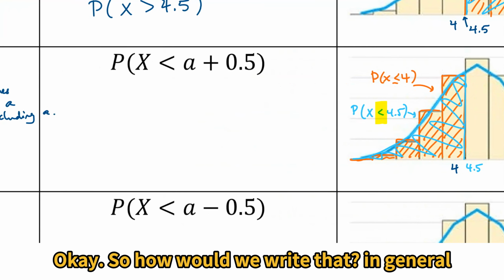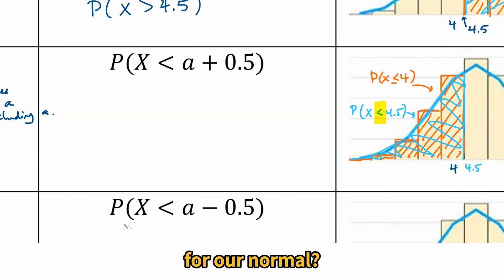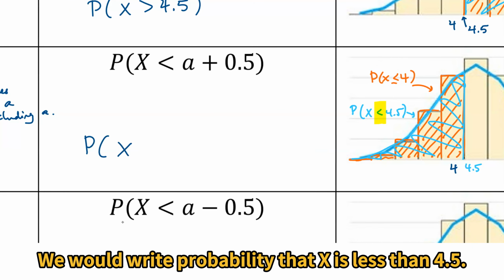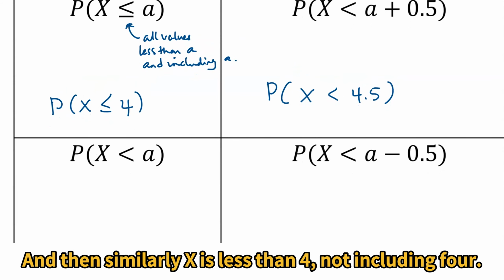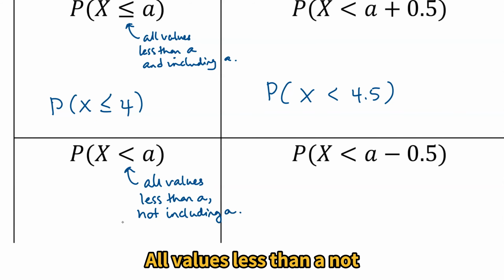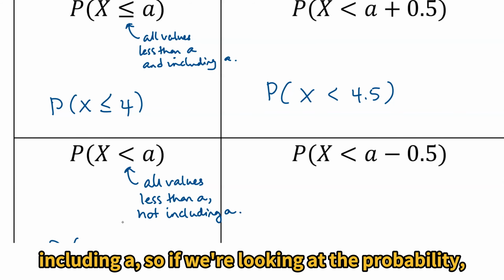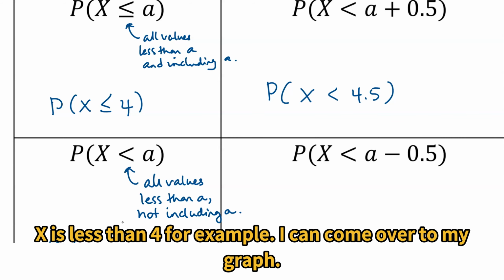Okay, so how would we write that in general for our normal? We would write probability that x is less than 4.5. And then similarly, x is less than 4, not including 4. All values less than a, not including a. So if we're looking at the probability x is less than 4,